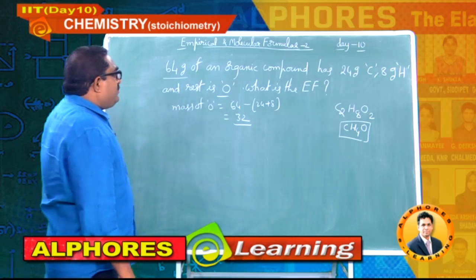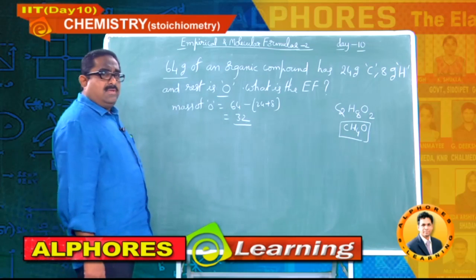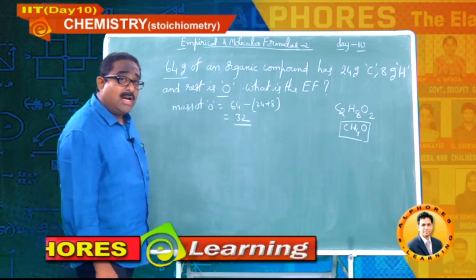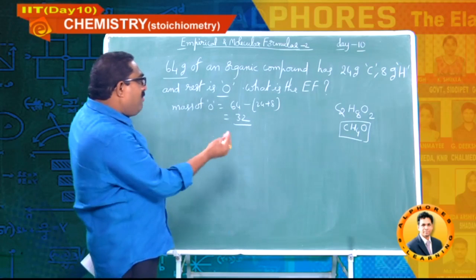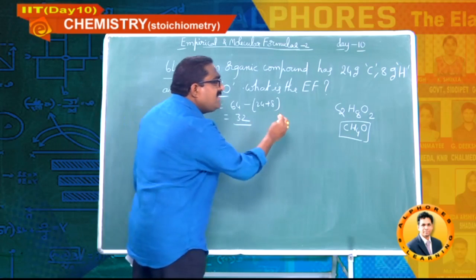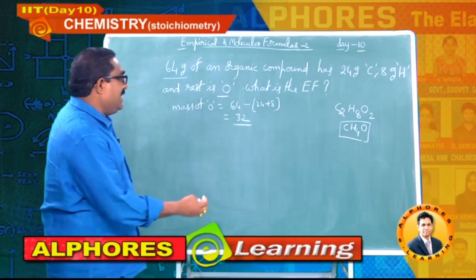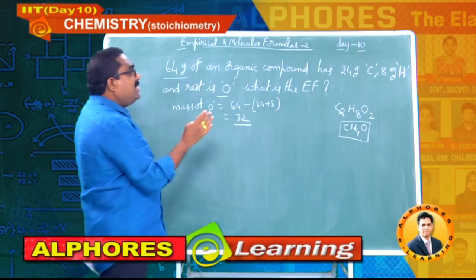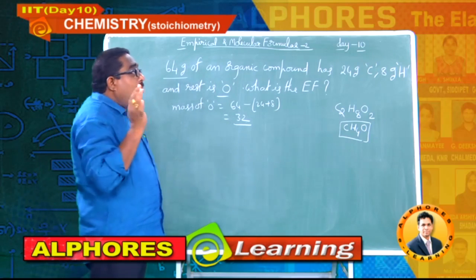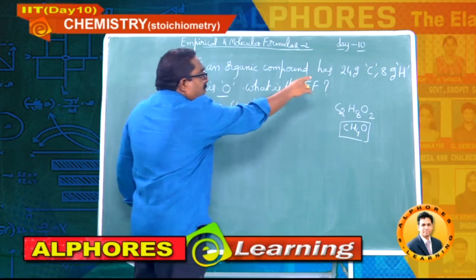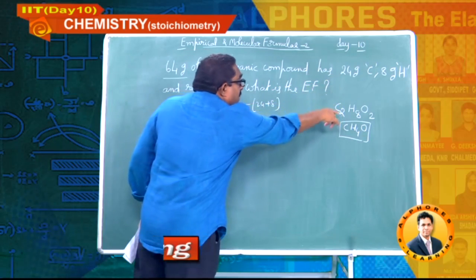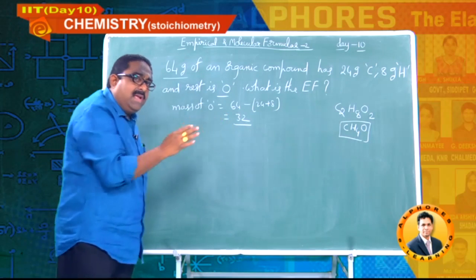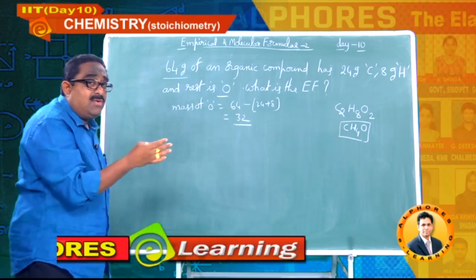The same question you can also solve just by finding the mass percentages, but I have used a simple logic here, students, because the rest of the oxygen I got simply as 32. So immediately I got an idea: oh, it may be C2, H8 and O2. Overall 64. So simply I am able to evaluate that.